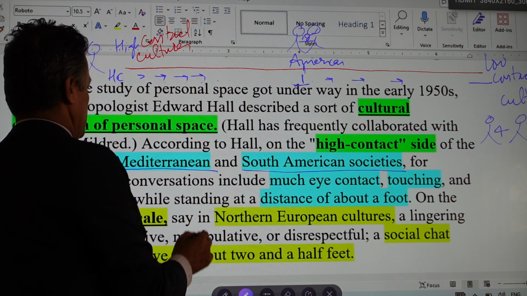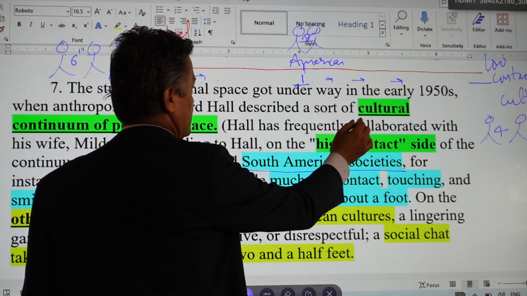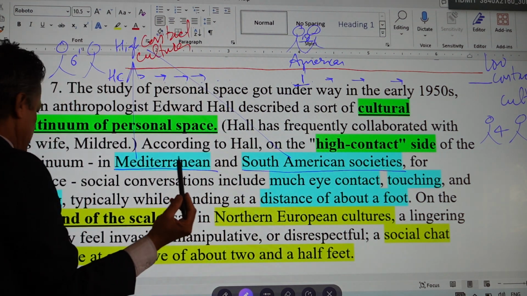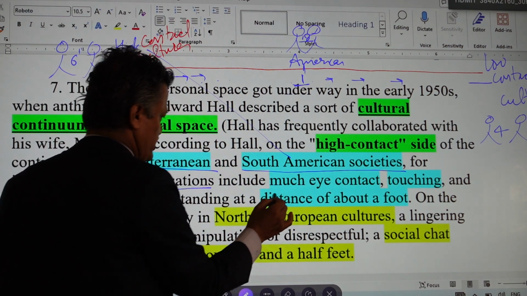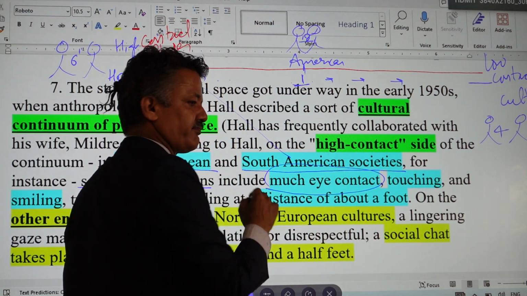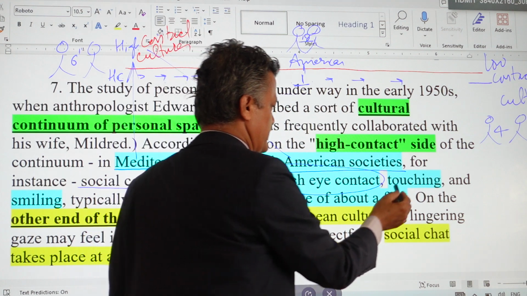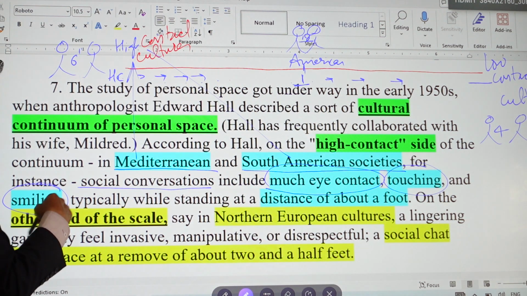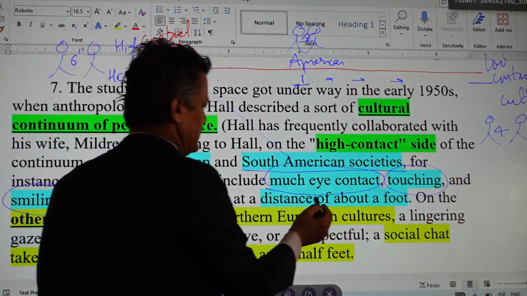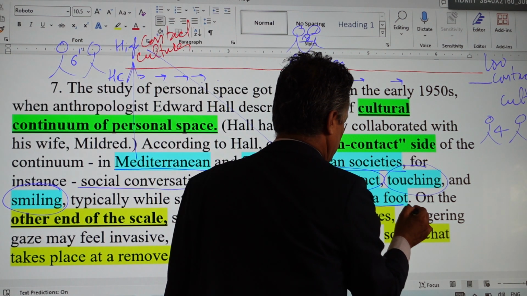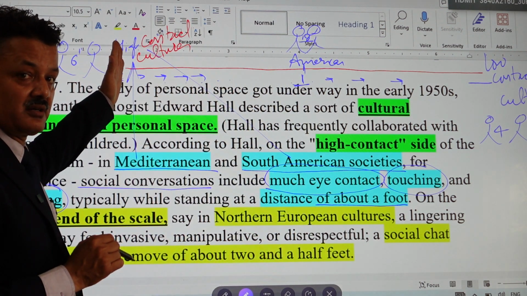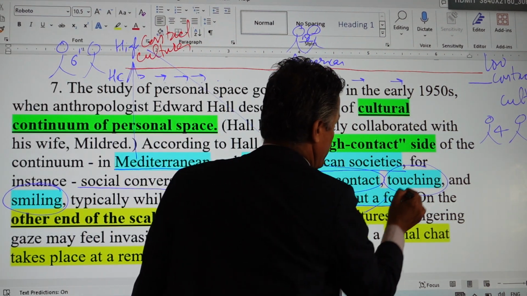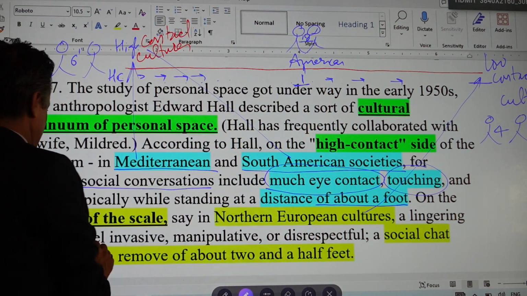These countries, look here, in high contact, where is high contact? This side. In high contact, what does high contact mean? A social conversation includes much eye contact, they look when they talk, there is more touching as they talk, there is more smiling when they talk, and they stand at about a foot distance. This side. Now that side, on the other end of the scale, Northern European cultures, a lingering gaze may be